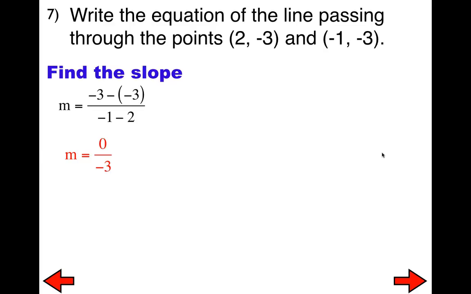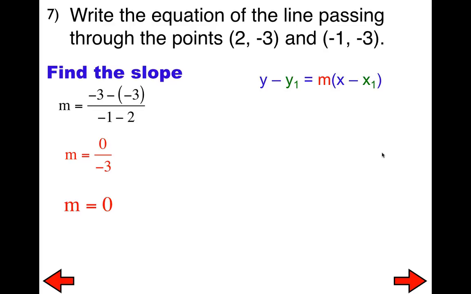Whenever there's a 0 involved with a fraction, you need to ask yourself, are you allowed to have 0 in the numerator? The answer is yes. The only thing you're not allowed to do is divide by 0. Okay, that would be undefined. So here, 0 divided by negative 3 is 0. So I'm going to go ahead and plug it into